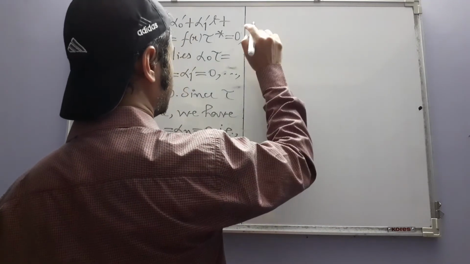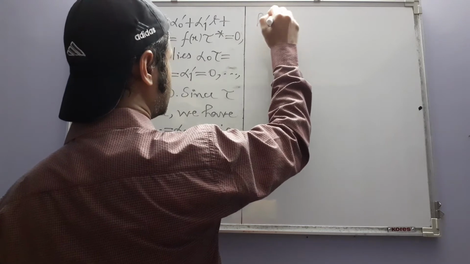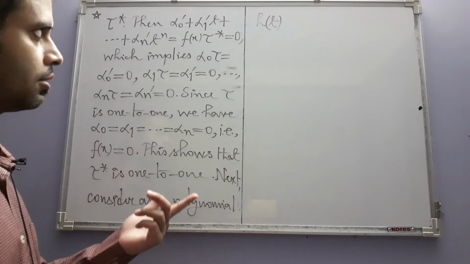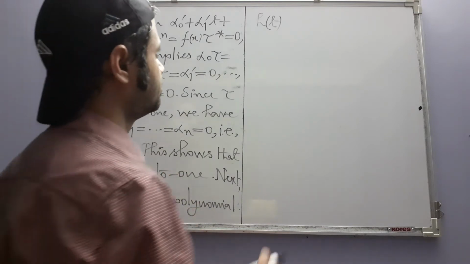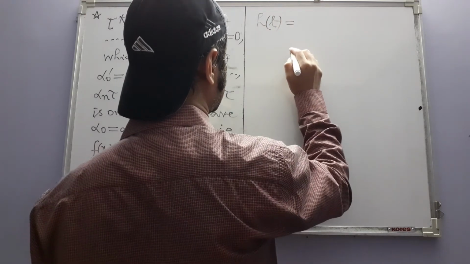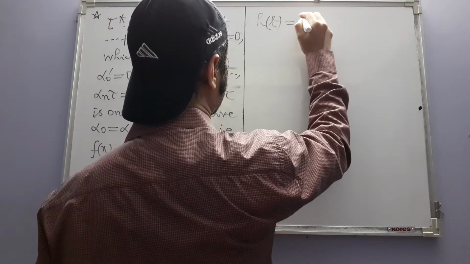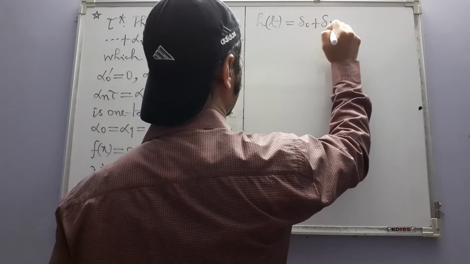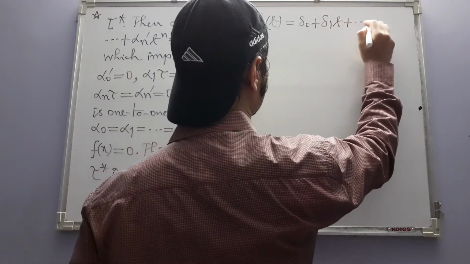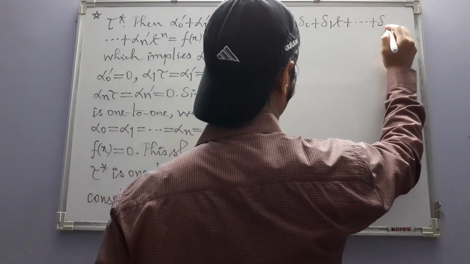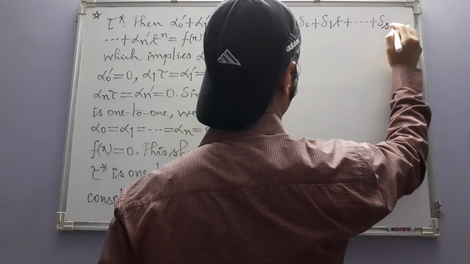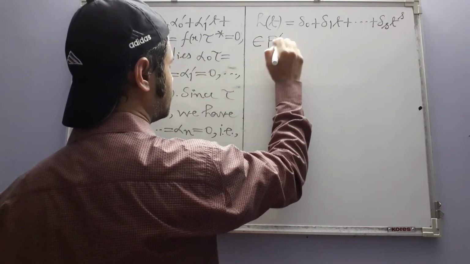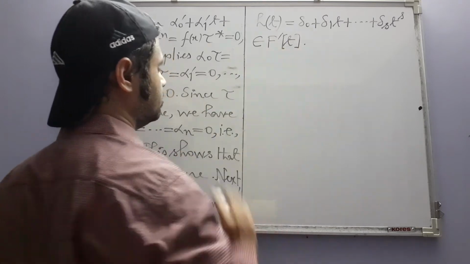Consider any polynomial, say h. Keep in mind we are now going to consider a polynomial in the second ring, so our indeterminate should be t. Say this is delta naught, we are starting with 0, right? Delta 1 t, etc. Say delta s t to the power s, in F prime t,